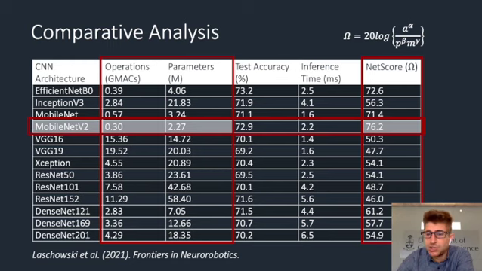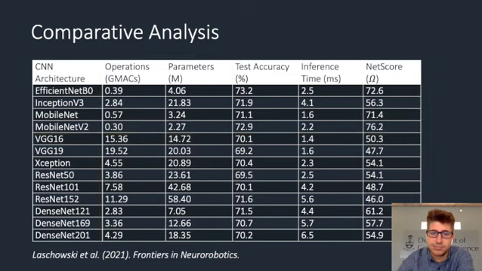And so if you're interested to learn more about this comparative analysis, then please check out our Frontiers in Neurorobotics paper. Now, despite our best efforts, we weren't able to achieve classification accuracies higher than approximately 73% on the ExoNet dataset. And so this motivated us to take a more systematic approach and to break down the computer vision problem into